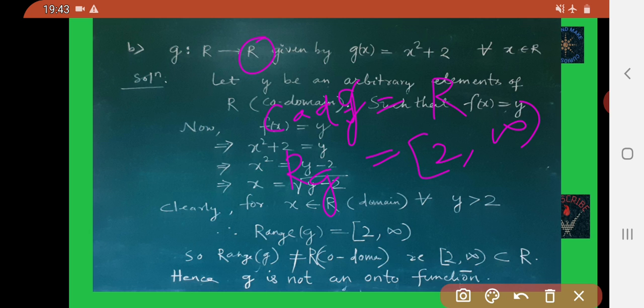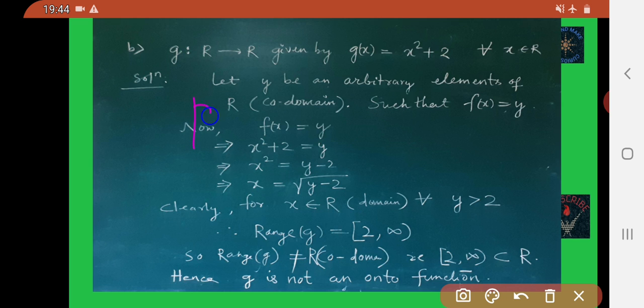So here the range of g is not equal to the set R, that is the codomain. So it is not an onto function.